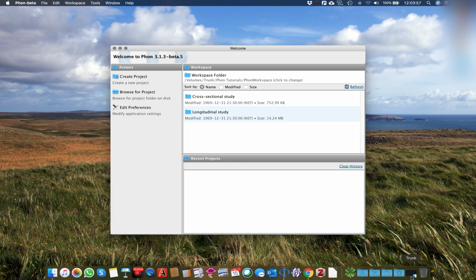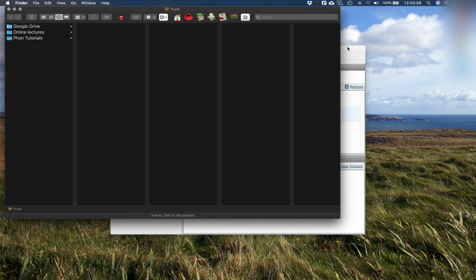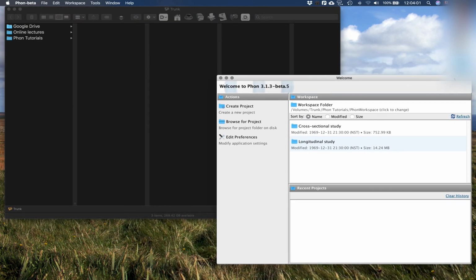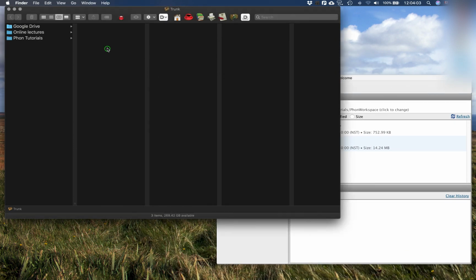So here's a window where you can see this is my computer hard drive, so I'll move this window aside for a second. And so in the Phon tutorials, you will see that I've organized two main folders, one for the media files and one for my Phon files themselves. We can integrate these folders within one. There's an option for that, but in the context of this tutorial, we suggest that the best practice there is